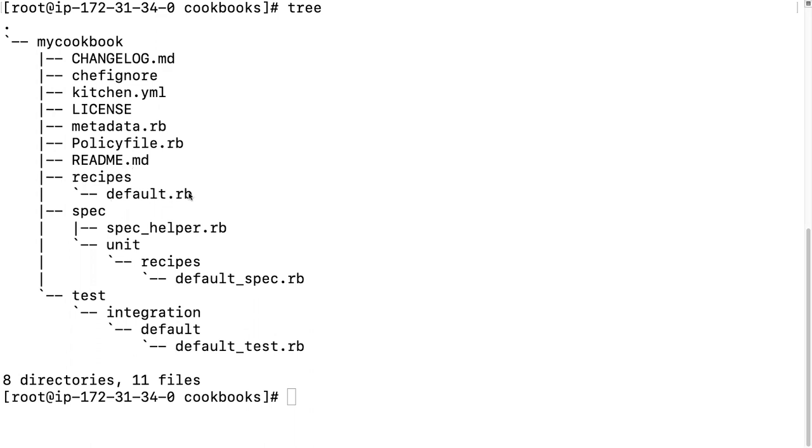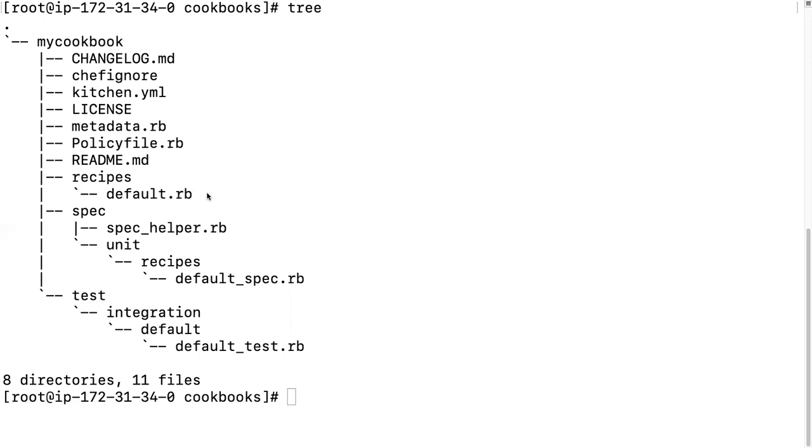Whenever we create a recipe, it automatically shows here, the recipe name and how many recipes are in that cookbook. Spec is for unit testing, and test is for integration testing. You always have to use the .rb extension whenever you make a recipe. So let's start.